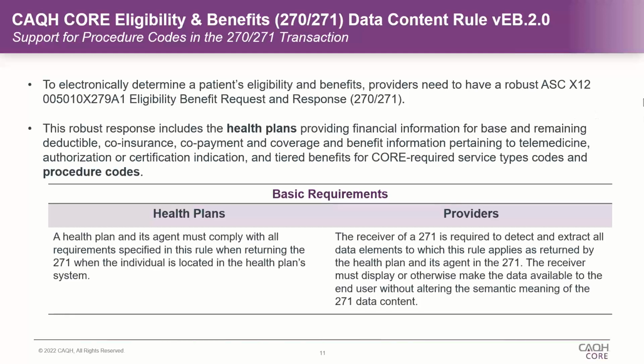I know we have a couple other questions coming in. Is there an easy way to know which payer supports procedure codes? Tough question. And let me say it this way. Health plans, some of them are going down that pathway of supporting specific categories of service. And with the latest update in the operating rules that we just published in April, we do require health plans to support 4 different categories of service.